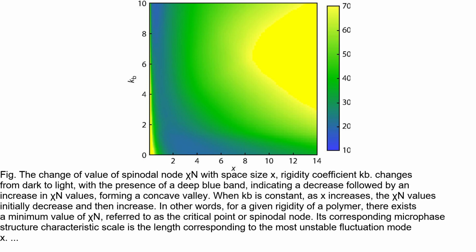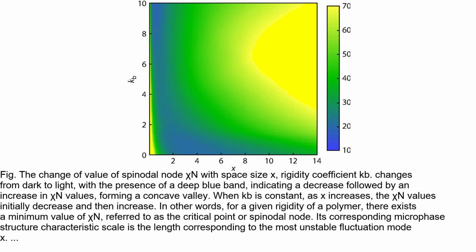Additionally, the fluctuation mode, x, decreases as the rigidity coefficient increases, indicating a decrease in the characteristic length scale of the microphase structure. Overall, Figure 6 provides important insights into the stability and phase behavior of the cyclic diblock copolymer system as a function of rigidity, highlighting the influence of rigidity on the order-to-disorder transition and the characteristic length scale